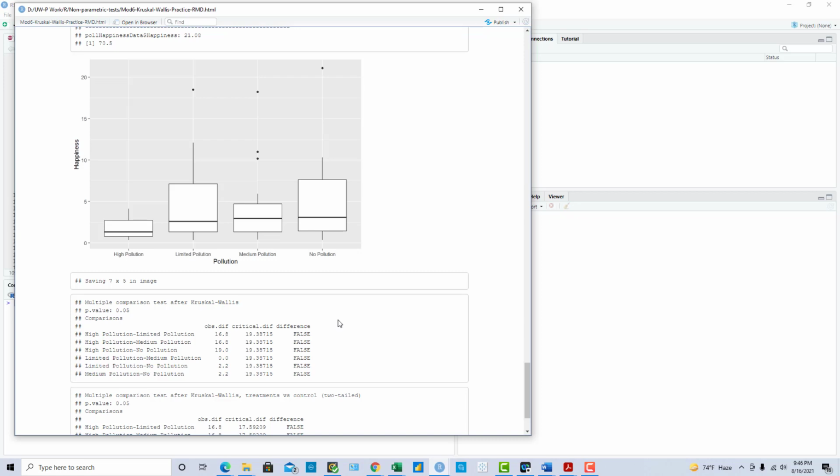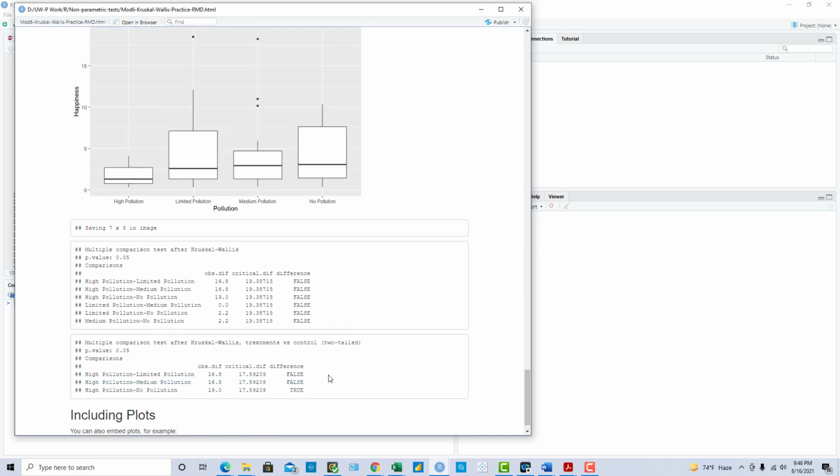And last but not least, we have the multiple comparison test for Kruskal-Wallis. The first thing, just like in the case of Excel that we had seen, no groups are coming across as significant with the first multiple comparison test. If you repeat the test with the second multiple comparison test, we see that for the high pollution and the no pollution groups, there are statistically significant differences as seen on this last line.